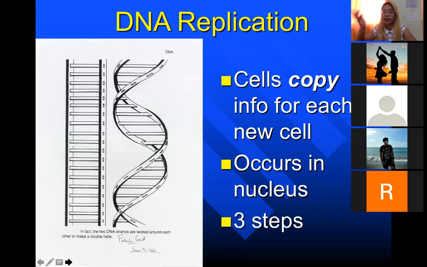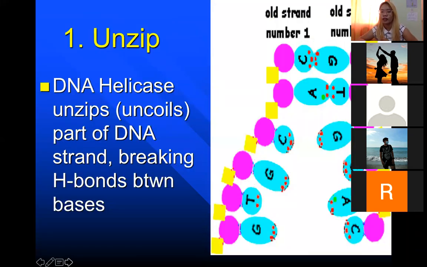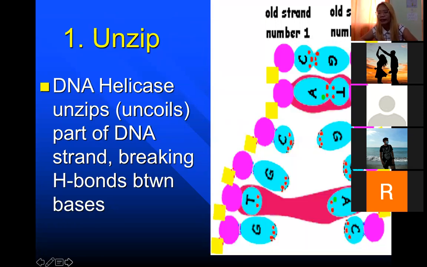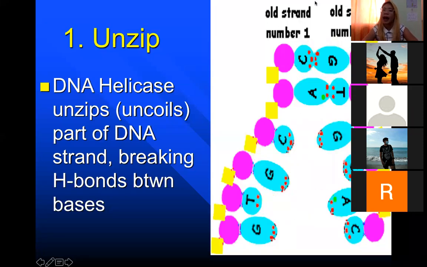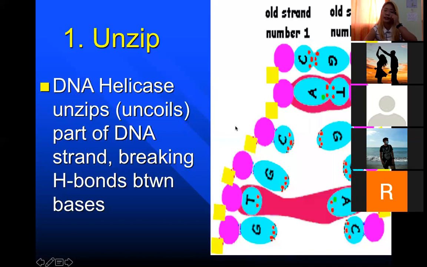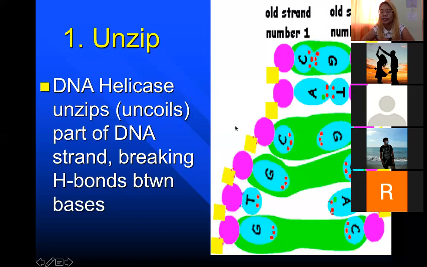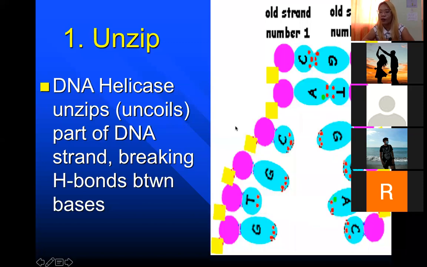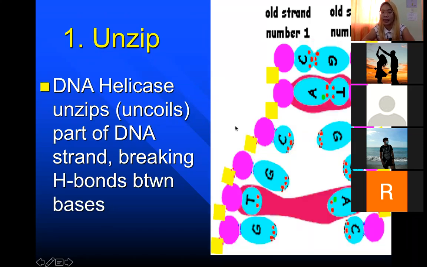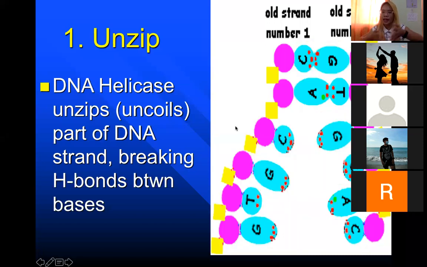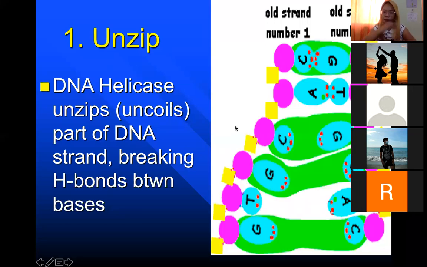Okay, and there are 3 steps to what we call as this DNA replication. Okay, so the first one is of course the unzipping of the double strands. So hindi pwedeng kopyahin yung isang strand if hindi maa-unzip itong double strand na to. At dito pumapasok yung importance na hydrogen bonds ang meron in between your nitrogenous bases. Kasi kung covalent bond yan, ibig sabihin mahihirapan yung cell na i-unzip itong double strand na to.